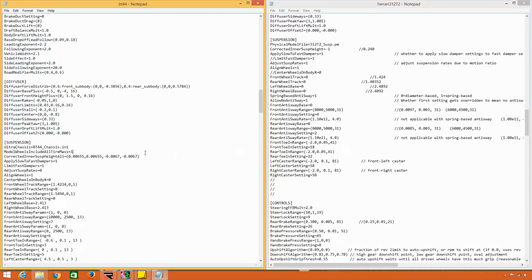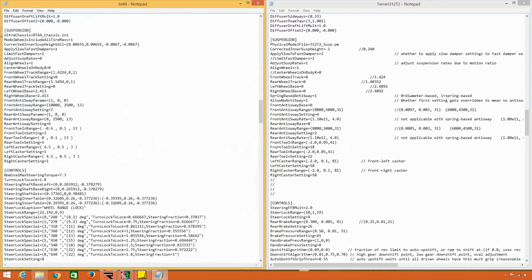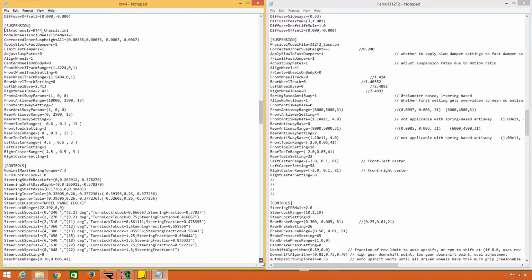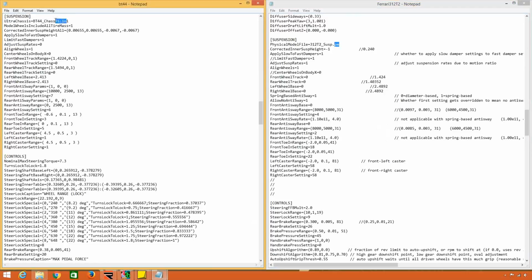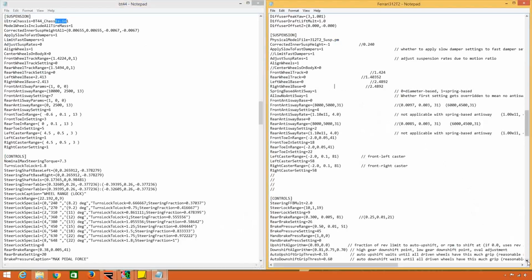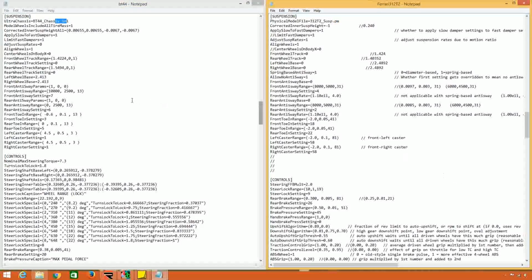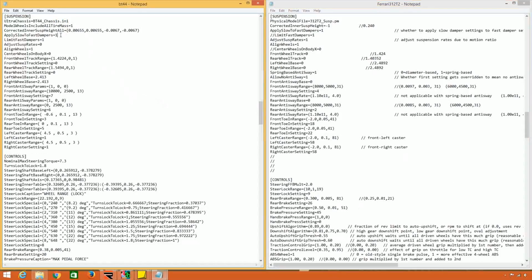Now we've got to suspension. So we go to suspension. Now here you can see you've got something called an ultra chassis, and here you've got physics model. Now because this is the old PM file and this is the new version of suspension, it is slightly different, so you've got to be careful what you change here. I'm just going to go all the way to front wheel track, which you can see is here. We just go